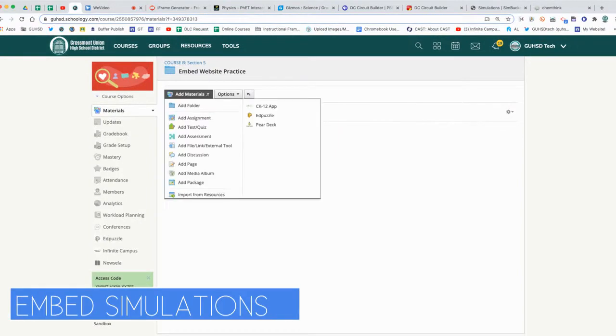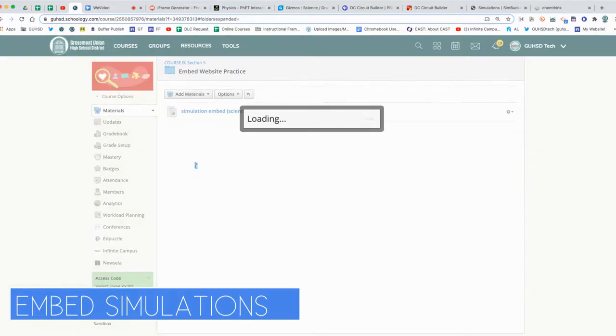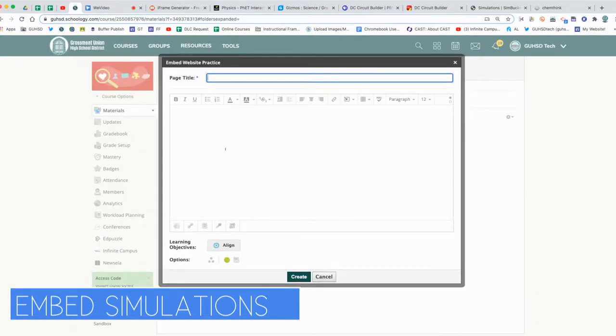To reiterate, within Schoology, we can embed simulations in assignment description boxes. We can embed them in assessment question description boxes. We can embed them in a discussion description box, and we can embed them in a page. The way that we do that is identical, no matter which option you choose. We're going to be modeling that today with the page. So I'm going to start a page,